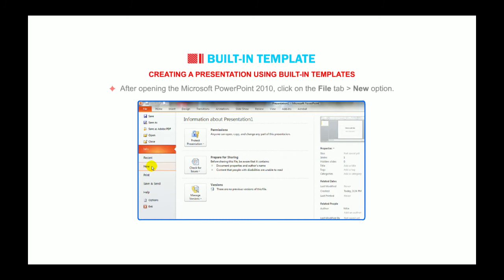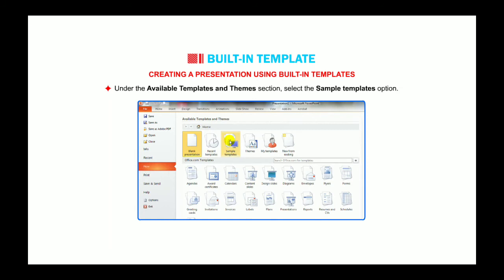Creating a presentation using built-in templates. So how to create a presentation using built-in templates? We can follow these steps. After opening Microsoft PowerPoint 2010, click on the File tab and New option. Under the Available Templates and Themes section, select Sample Templates.